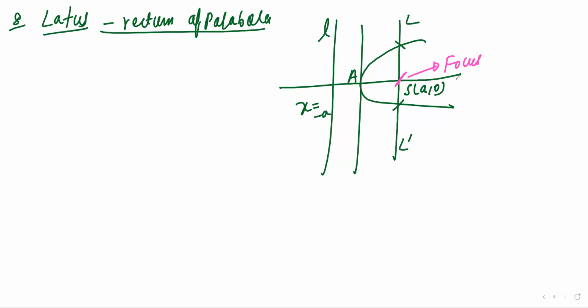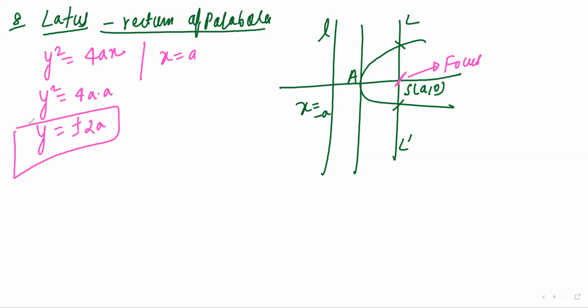Now at the points L and L dash on the parabola, using the equation of the parabola, the equation will be y square equal to 4ax, right. So instead of x you can write a here. So it will be y square equal to 4a into a. So y is equal to plus minus 2a, right. So we have got the y coordinate. Thus the coordinates of the ends of the latus rectum are a comma 2a, and a comma minus 2a,